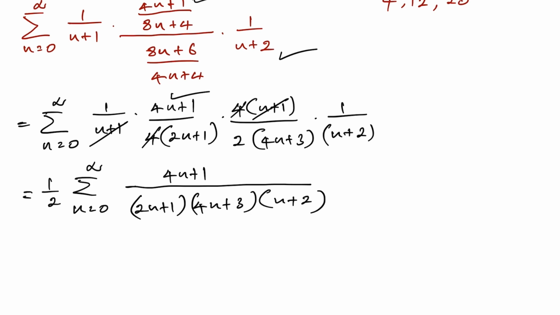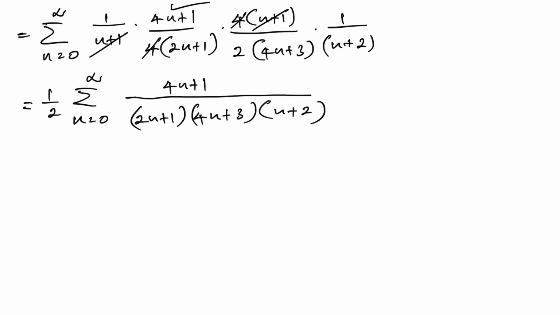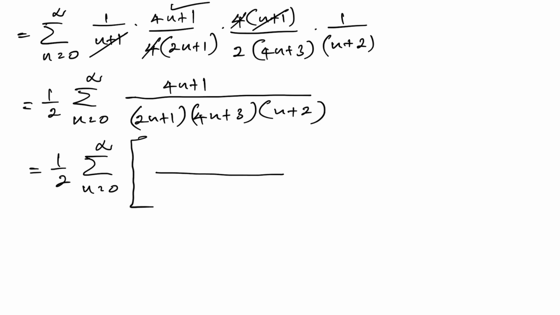What's the next step? Well, now I'm going to take the partial fraction decomposition. So here 1/2, n equals 0 to infinity. Now I'm going to use a trick. So here now I'm going to take 4n plus 3 and n plus 2 together. So here 4n plus 3, we know this parenthesis will be 0 when n is equal to minus 3 over 4. So if we plug in minus 3 over 4 here in the numerator, we know minus